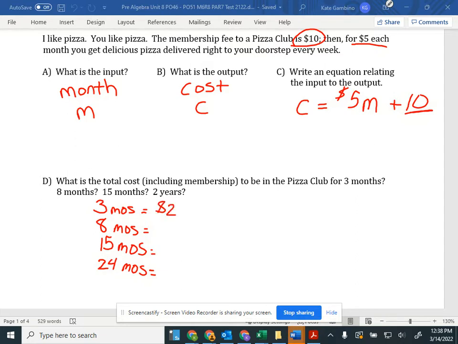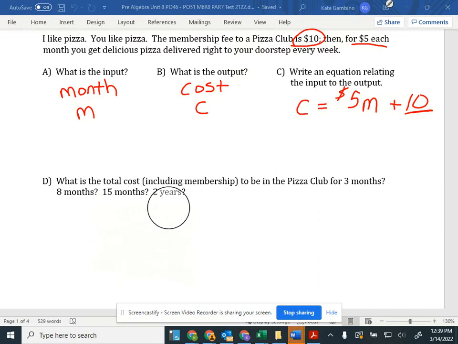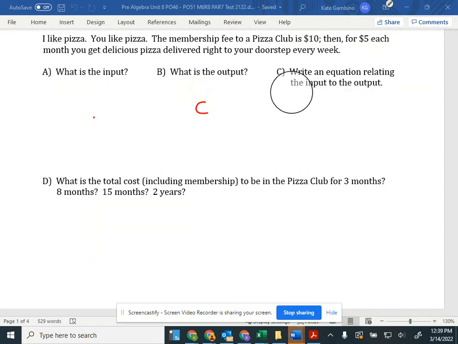So it should have been 25, 50, 85, and 130. Some of us remembered to add the 10 for the first few, and then we forgot to add the 10 for the last ones. So you always have to make sure that you are using the full equation every time. Any questions on those? All right, so let's look at